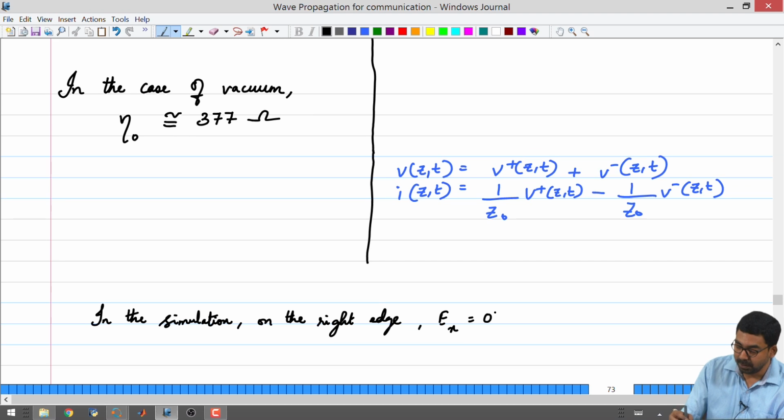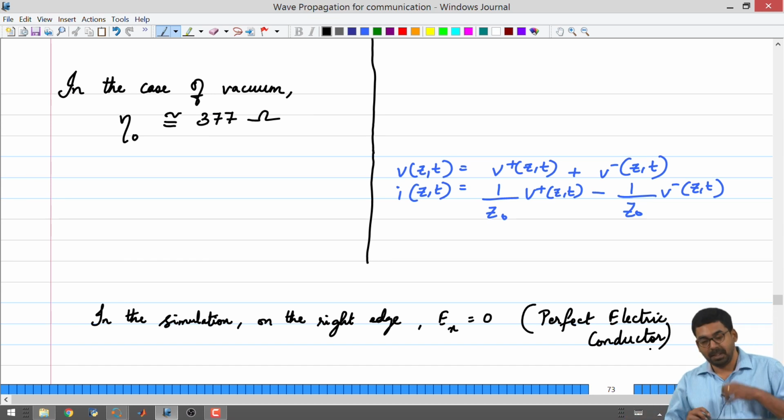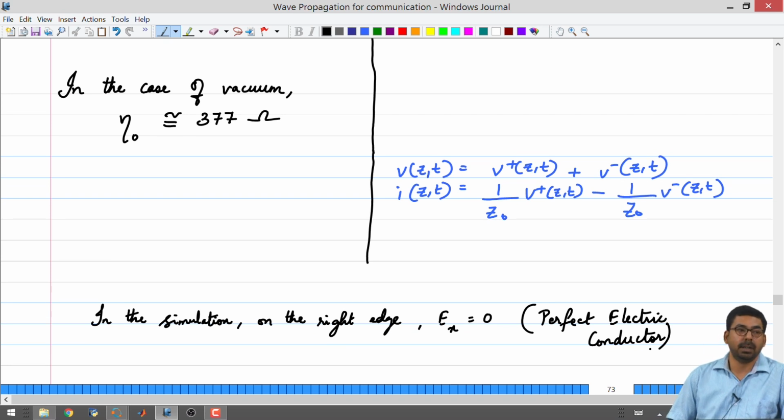Ex is equal to 0 means that there is no electric field present in that location. Okay. In other words, there is no electric field present in that location, and we call this a perfect electric conductor. In the case of transmission line, you would have had V equal to 0. V equal to 0 was equated to a short circuit. Okay. In this case, you call it a perfect electric conductor.